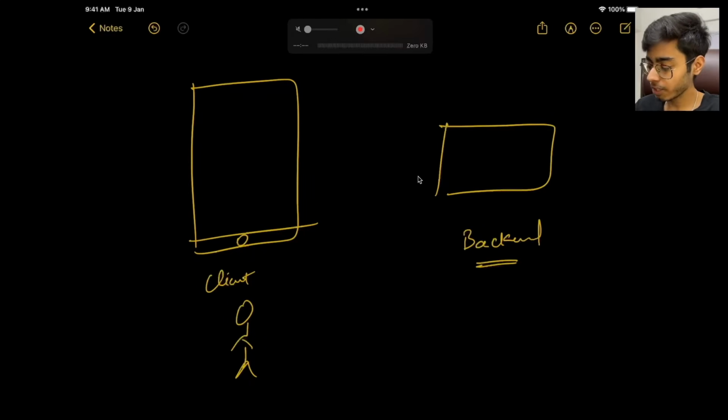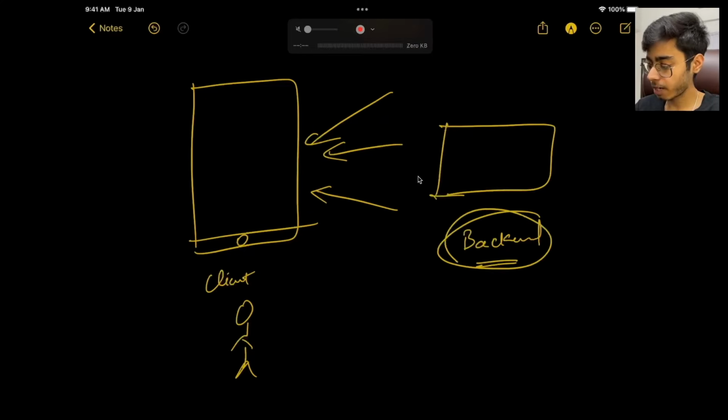You don't care whether your data is stored in US or India or Africa, right? You just want that as soon as you open the app, your data should be loaded in milliseconds, right? So all of that stuff is taken care by your backend system, right? So this is called your backend, and this backend takes care about the privacy of your data. It takes care that the data should be loaded in milliseconds and a lot of stuff.